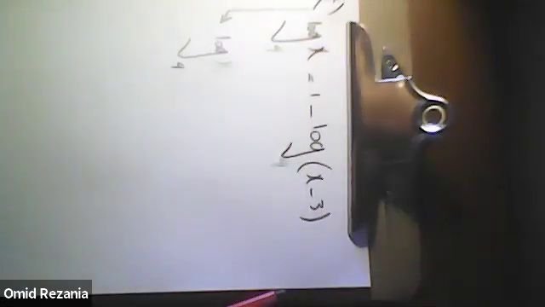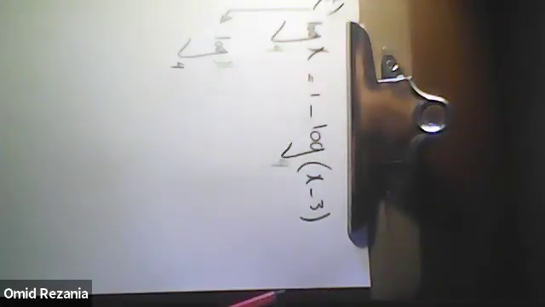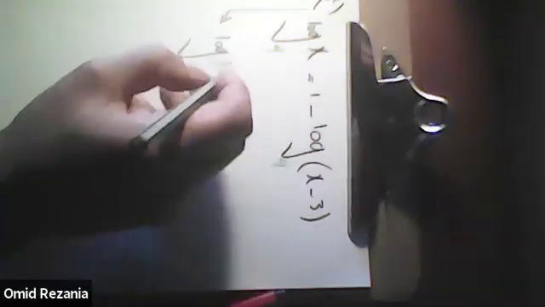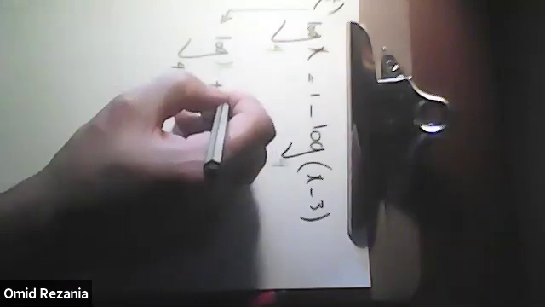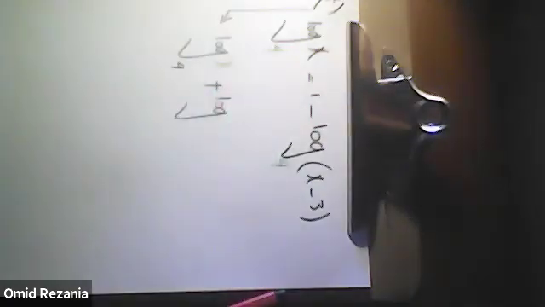One of them is log x, correct? The base is 4. The other one is log x minus 3, correct? I'm going to take it to the left side of the equality because the plan is to take all of them to one side. Then if I do that, I end up with this. It becomes the log of